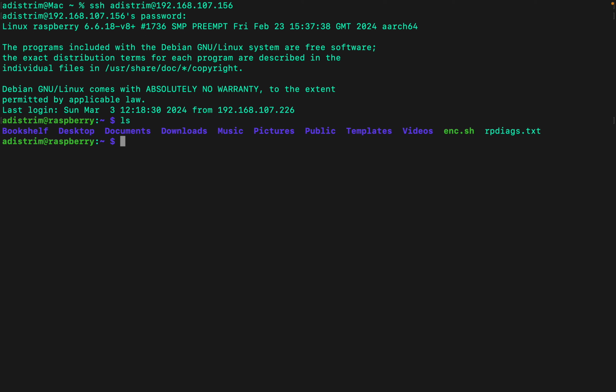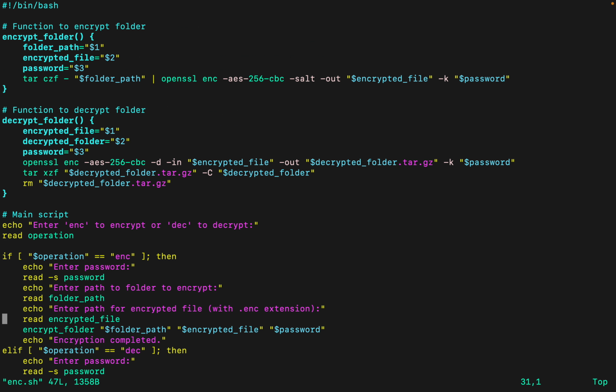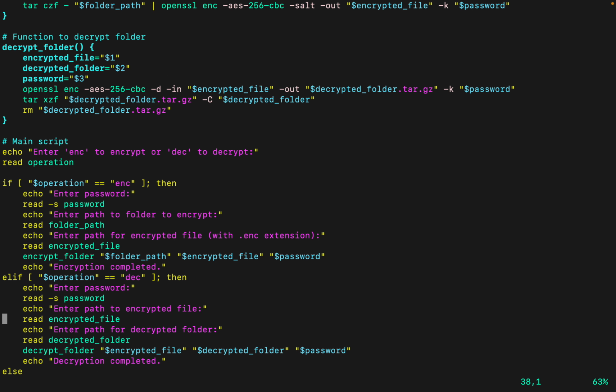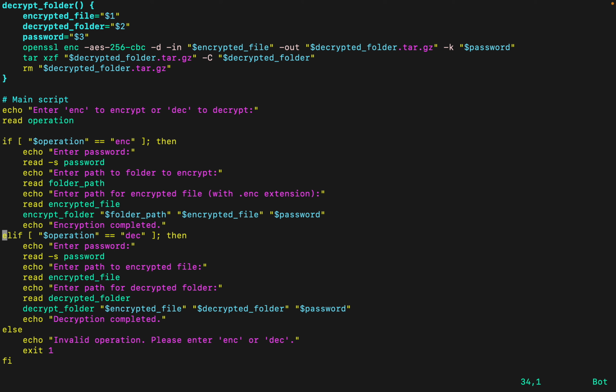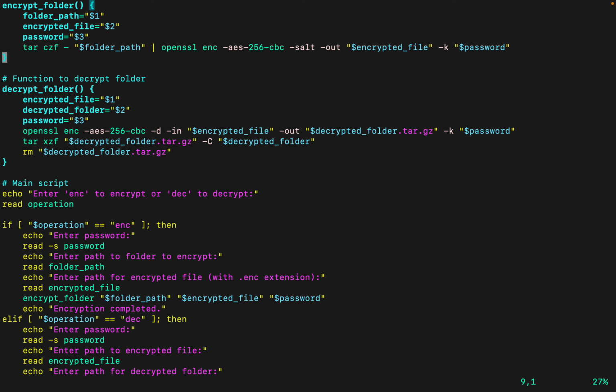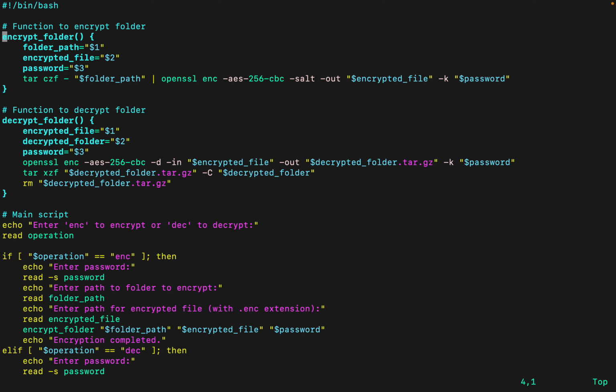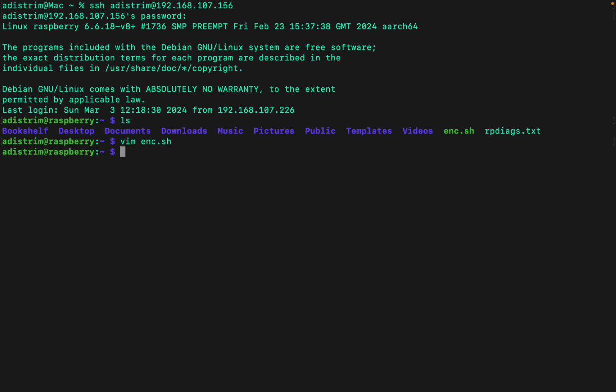Just for verification, right here I have written a shell script, which you can just see over here. This is the shell script which actually uses the AES algorithm to encrypt or decrypt a folder. Okay, so let's exit from here first, and let's compile it first. enc.sh,